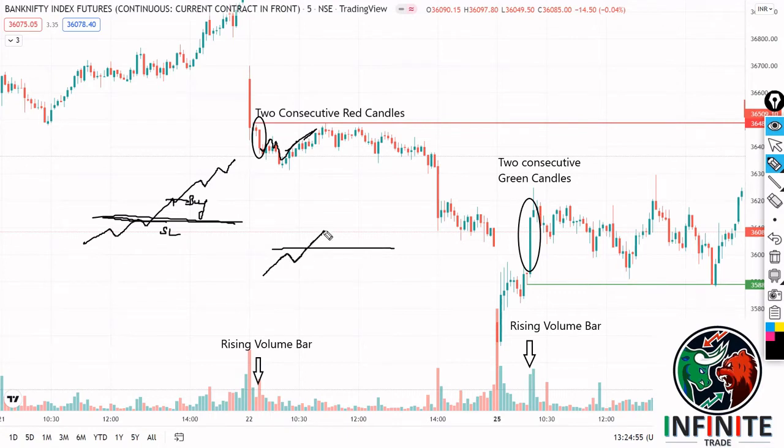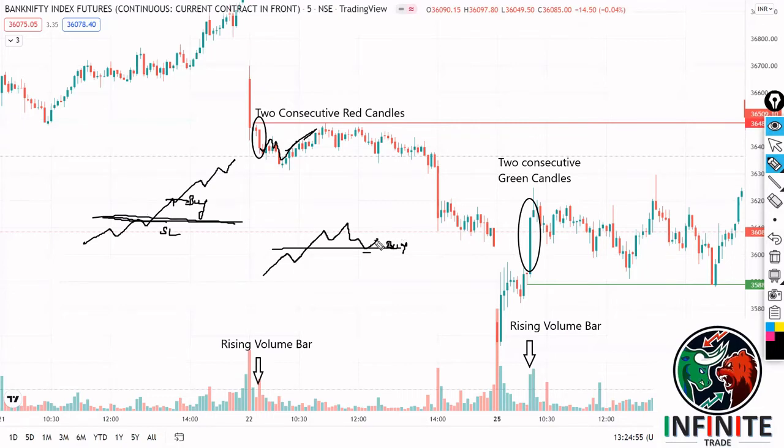He'll wait for this level to break out, and then he'll wait for this level to retest. So when it retests, he'll buy here, and he'll just place a small SL here. In both cases, the technical analyst as well as the price action trader both follow the same stop loss. However, the buy for a technical analyst is far, and for the price action trader it is quite near to the SL,